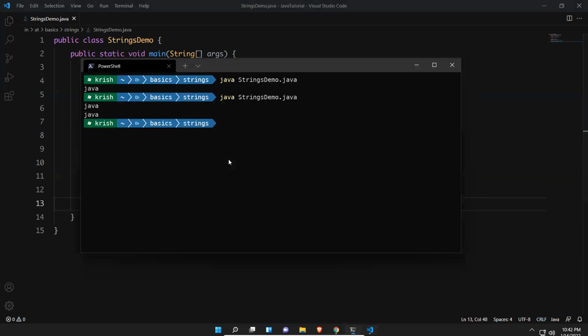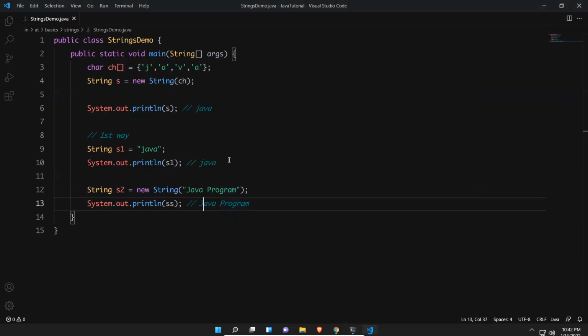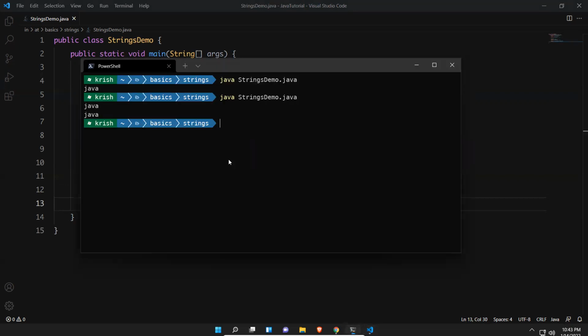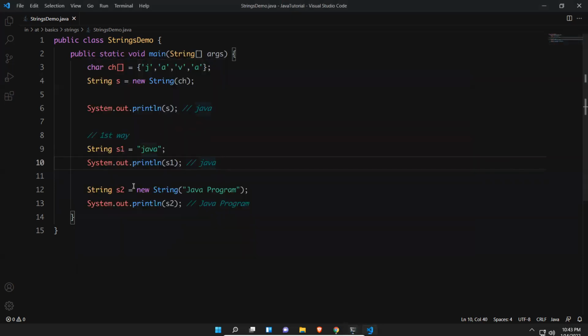Let me execute this. You see that it prints Java program. Outside you will feel that everything is the same, but how is it working internally?